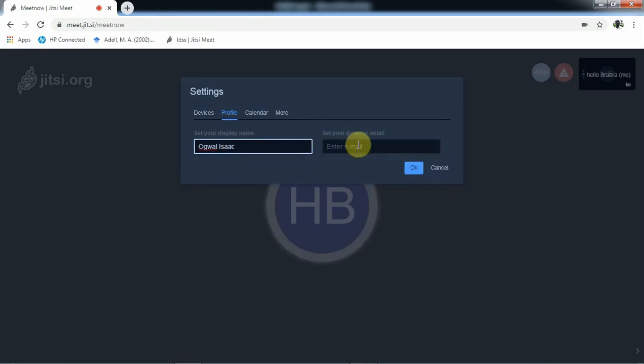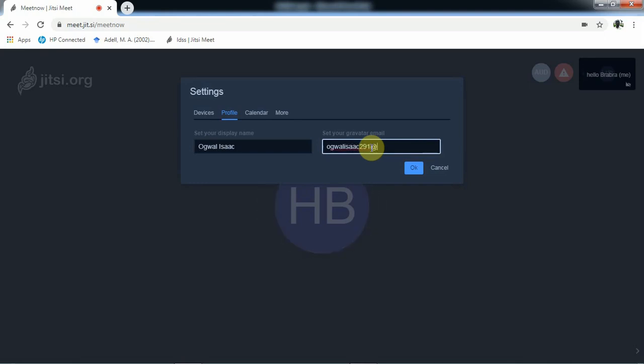If you want to also add email, you can click in that area for email, then you type your email, though this is not so necessary. After you have done the setting for your name and also your email, you go ahead and click on OK.